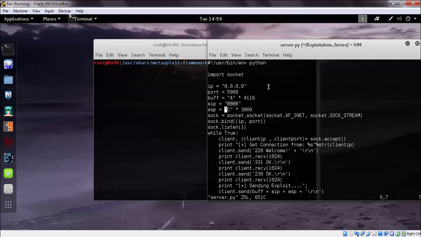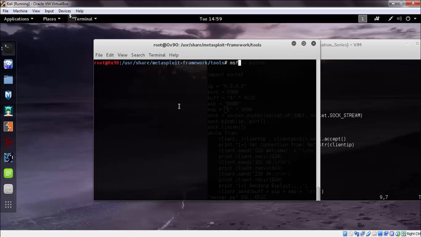Okay, now we need to generate our shellcode. So I will use MSFVenom to do that. Let's type msfvenom. Our payload will be windows shell bind TCP. Here I will use a bind shell. Now the architecture is x86 because we are exploiting a 32-bit machine, x86,